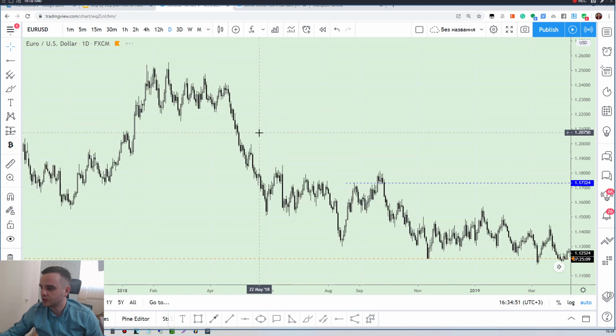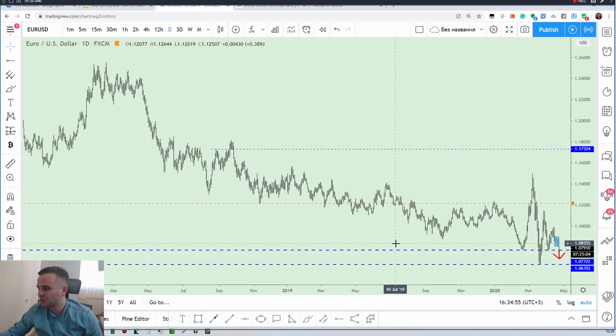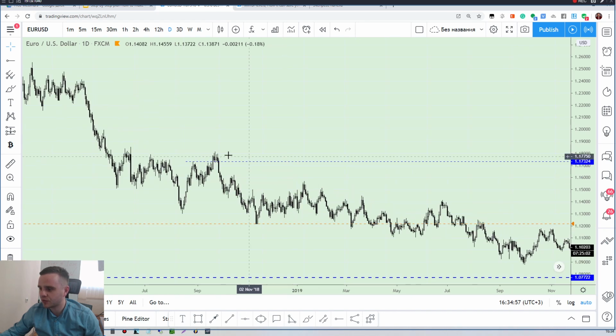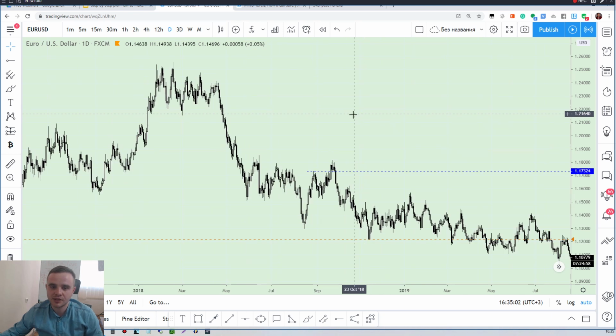About mirror levels, what you need to understand: it's important to see what the global trend is. In some cases, price would make a trap, but take a look here. The global trend from this point was down. That's the main reason why price didn't drop.